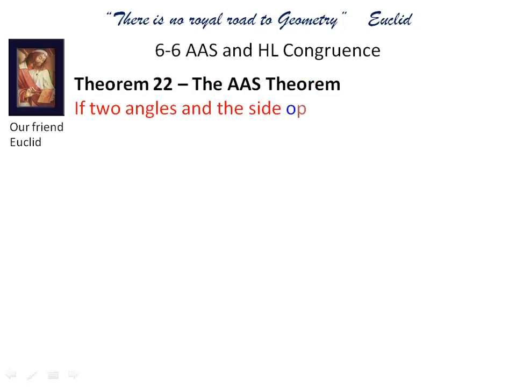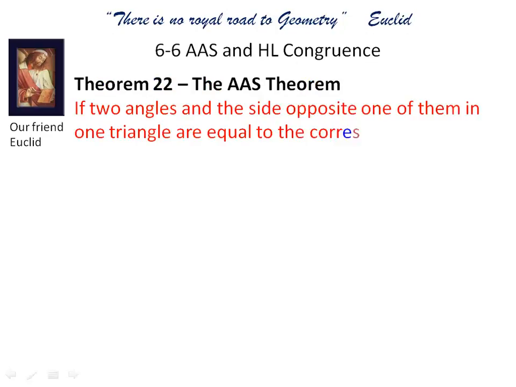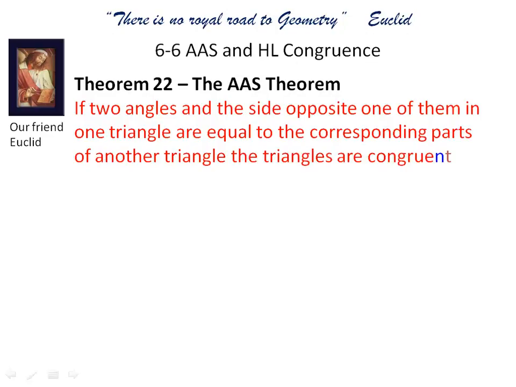And here is the AAS theorem. If 2 angles and the side opposite one of them in one triangle are equal to the corresponding parts of another triangle, the triangles are congruent. So what might that look like? It might look like this. As you can see,